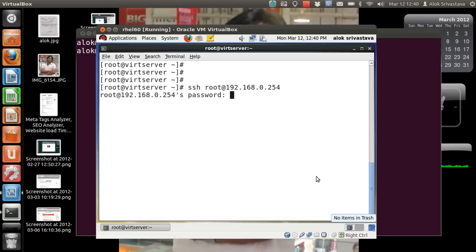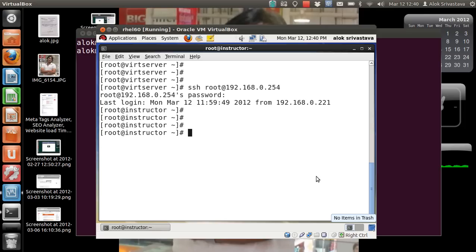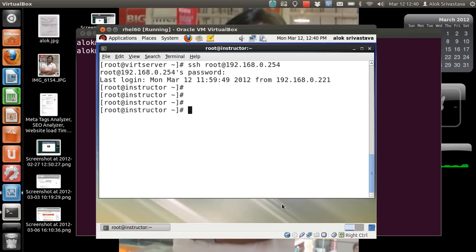Obviously it is going to prompt me for the password as I hadn't shared the keys, so the remote machine is definitely going to prompt me for the password. I'm giving the password and I'm not going to tell you the password. Okay, here I am. I've logged in successfully on the remote machine after giving the password. Now suppose I want to do a remote copy or establish one more connection. What to do? I just make it small.